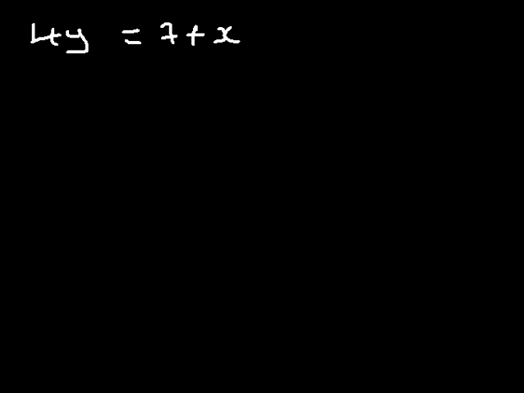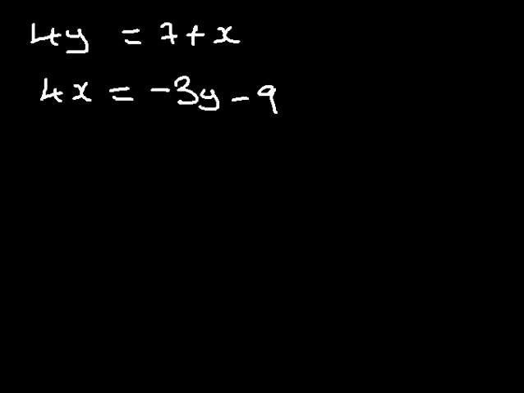And we have, let's say, 4x, which is equal to negative 3y, and then minus 9. So now in this case,